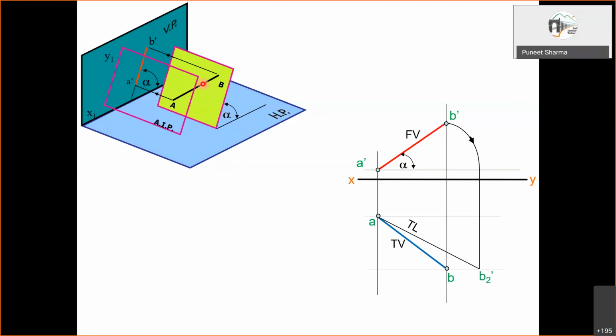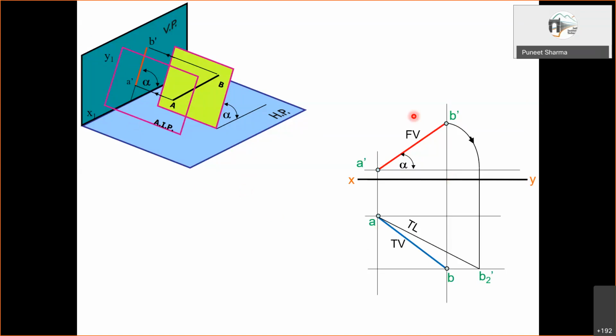So what will happen when you project this on this inclined plane? You see the projectors from this A dash and from this B dash will in general be perpendicular to this new XY line, and these projectors will contain the auxiliary top view of A. This projector from B dash will contain the auxiliary top view of B, right? Let me repeat. For front view and top view, our projectors are always perpendicular to the XY line. The same thing will happen for this case also.